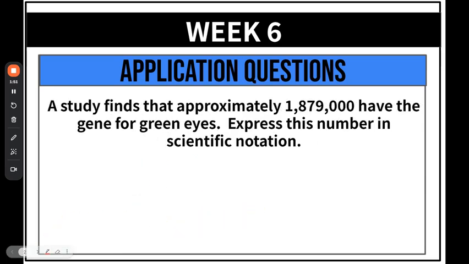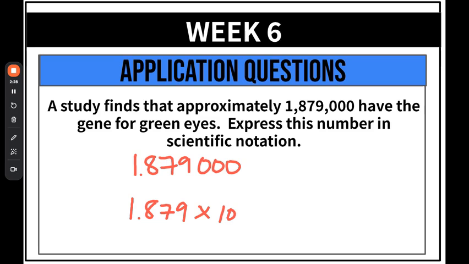A study finds that approximately 1,879,000 have the gene for green eyes. Express this number in scientific notation. Same thing. We're going to do exactly what we just did. So I'll rewrite this here. So where would the decimal have to go for a number to be between 1 and 10? It would need to go right here. So that leaves us with 1.879